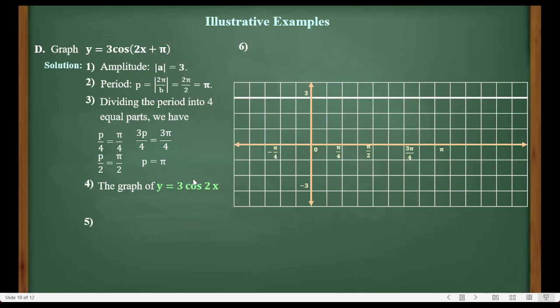So let's say pi over 4, that is cosine of pi over 2. Okay, cosine of pi over 2, that is actually, okay, 3 pi over 4. Okay, pi over 2. Cosine of pi over 2 is